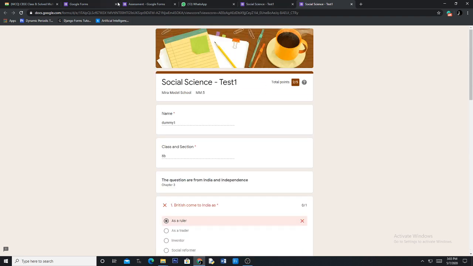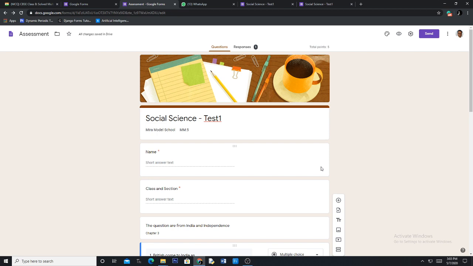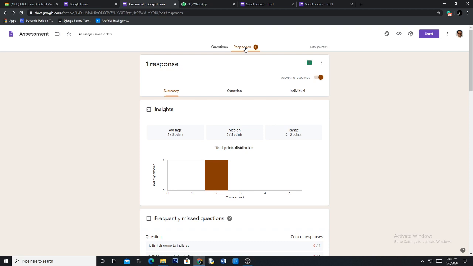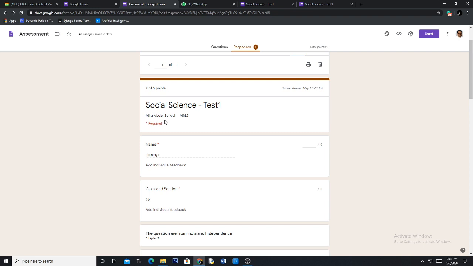Now, if I go to my Google Forms, this is my Google form. Remember, this is what you have created. This is for the teacher. Now, for the teacher, there are two tabs. The teacher will click on responses, and there are three ways the responses come up: summary, question, and individual. The teacher should click on individual. As soon as he clicks on individual, the teacher sees that this Dummy 1 student has got 2 out of 5.